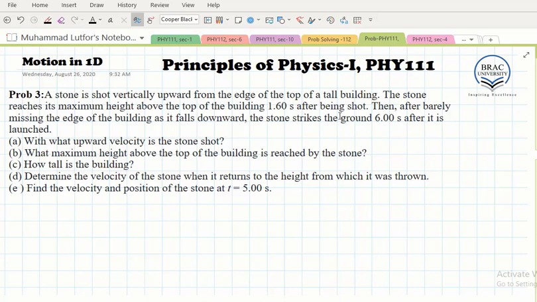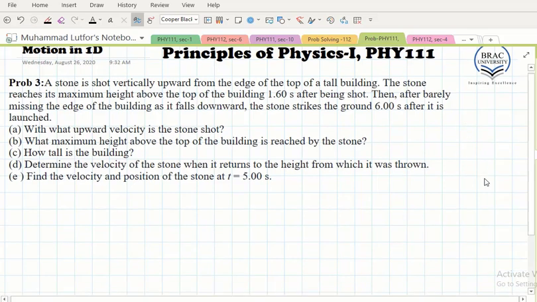In this problem it says that a stone is thrown vertically upward from the top of a tall building. The stone reached its maximum height above the top of the building 1.6 seconds after being shot. Then after barely missing the edge of the building as it falls downward, the stone strikes the ground 6 seconds after it is launched. So basically if I draw a sketch of this problem,